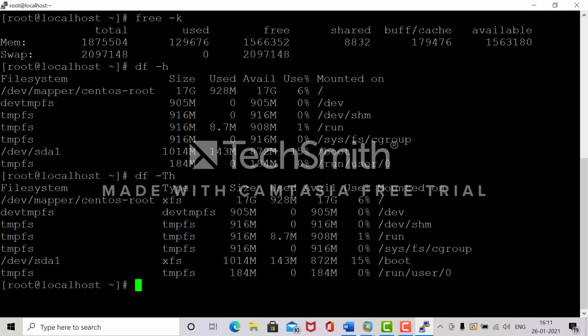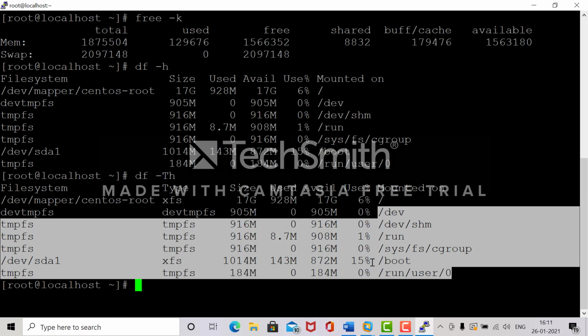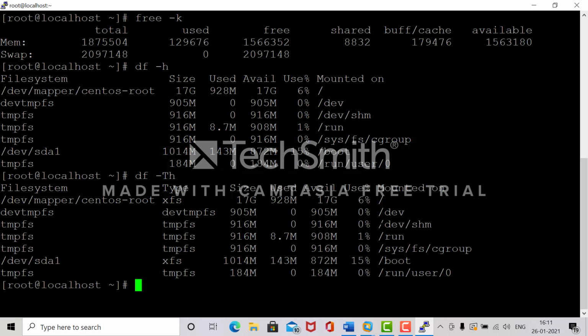Out of the total disk I have taken 20 GB. Of that I have given 70 GB to root, and the other for all others. This is the child directory, you can say, which has all the information which I will tell you in my next video, what these drives are doing and why these partitions are made. So this I will tell you: /boot is where the kernel information is. Kernel images are kept here in the /boot partition.